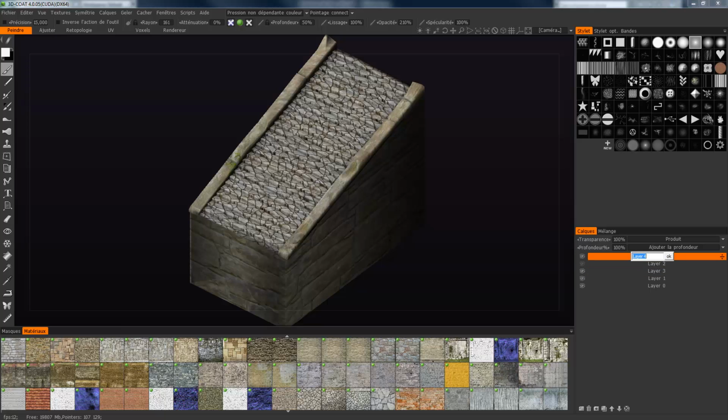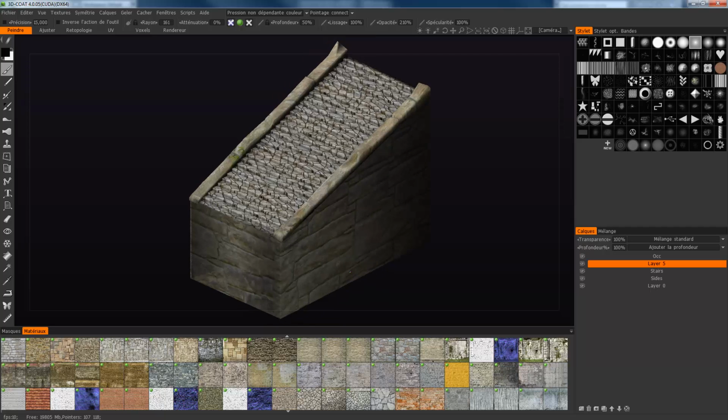I rename this layer as occlusion. This one can be deleted. This one is the stairs, and this one is the side. Okay, for now, this is enough for the texture. I will add just a layer, put it on top here below the occlusion, take a black and start